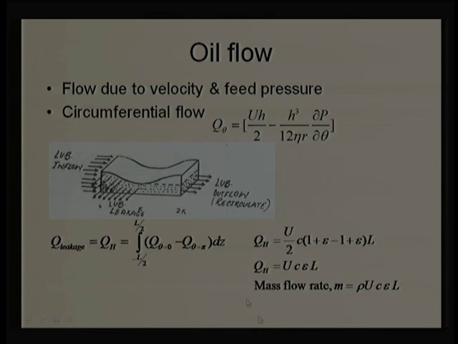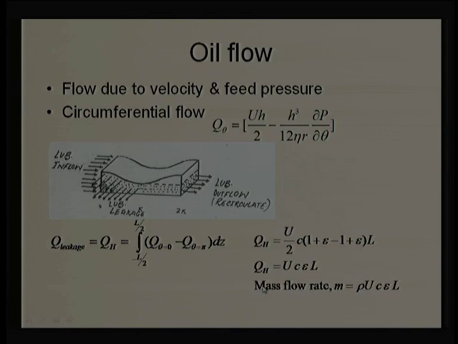When we integrate it, we know that u does not depend on z, and h does not depend on z. So they move out, and the dz turns out to be the complete length, that means L by 2 minus minus L by 2, which turns out to be positive, L by 2 plus L by 2, equal to L. This will be the maximum film thickness, that is h at theta equal to 0, so this will be C into 1 plus epsilon. At this point h will be minimum, so that will be C into 1 minus epsilon, and when we arrange it,